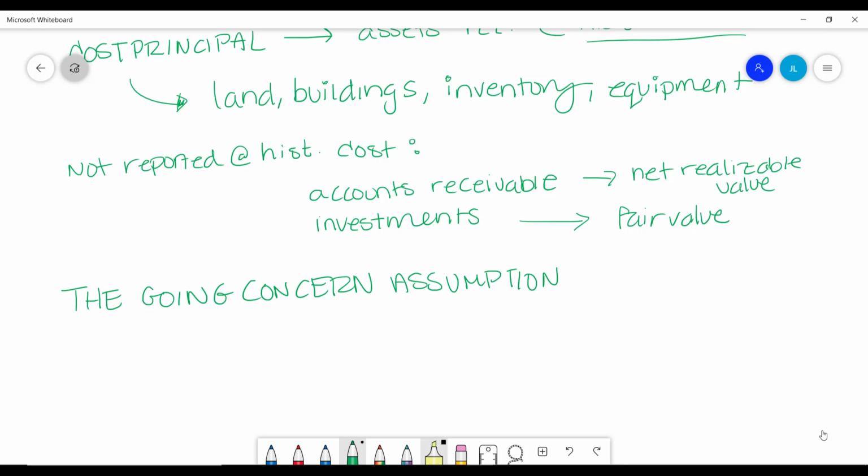Okay, because we're not just assuming, oh, the business is going to go bankrupt tomorrow. The assumption that accountants make when they're doing this work is that the business is going to operate into the foreseeable future. Obviously, if we know a business is going to go into bankruptcy or there are issues that threaten its existence, that's a different concept and different topic. But for the most part, if we're looking from the accountant's perspective, and doing accounting work and bookkeeping, you're doing all of that with the assumption that this business is going to continue existing into the foreseeable future.